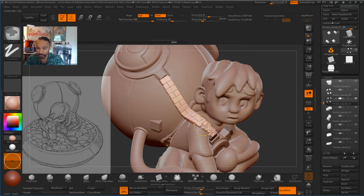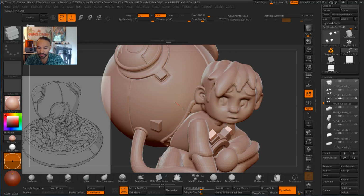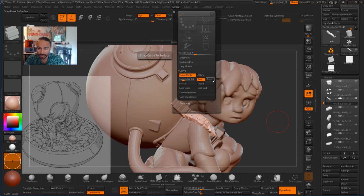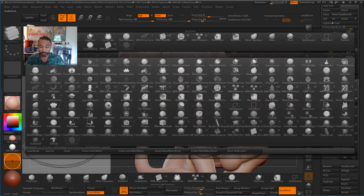So let's try, instead of just drawing it snapping, if I turn off snap, and still trying to snap to the mesh. Strange. Oh well. What I can do to make this a lot easier on me is to make a simple tube where I want it to be, and then I can draw this line in. Let's see. I'll go with the curved tubes,